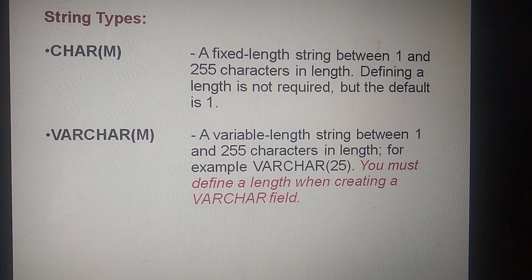Suppose for varchar you have entered size 10 and you are entering only 4 characters, Ravi. So only 4 bytes of memory will be utilized out of 10 and 6 bytes of memory will be free. So we generally use varchar because it reduces the space which is being consumed.